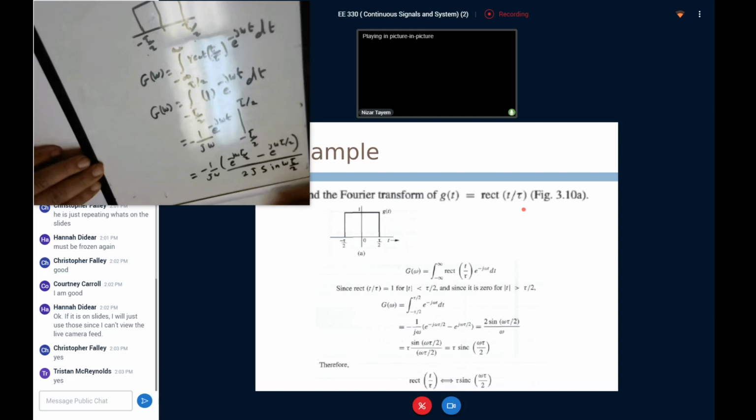So now we have the same angle here. So then we can rewrite this as a sinc function. So this is going to be equal to tau sinc omega tau over 2. So the Fourier transform of the rect function is a sinc function, sinc omega tau over 2. Is it clear to everybody? So the rect function is going to be a sinc function in the frequency domain. The highest amplitude is going to be tau, and then it's going to be sinc